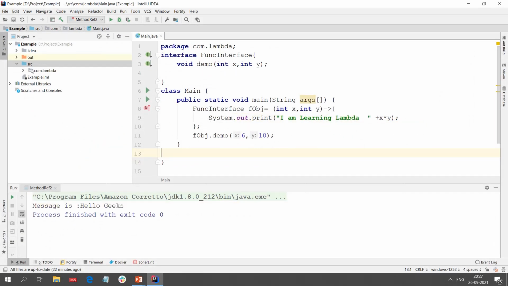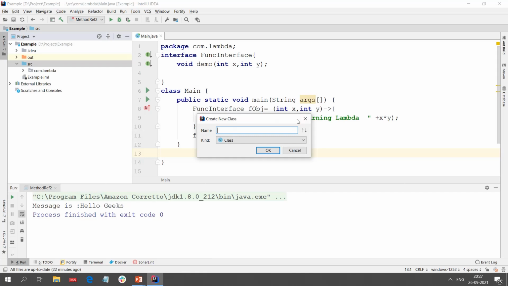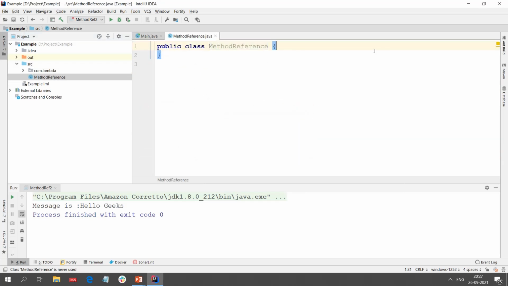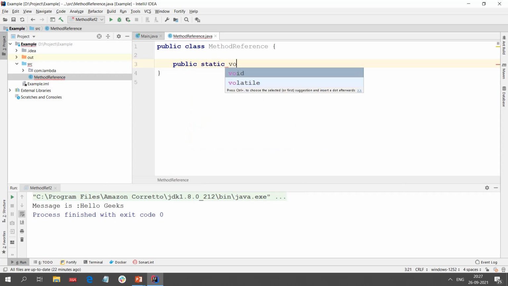Okay, I have a clean slate. Let me create a new Java class and name it MethodReference. Okay, and let me have my sweet public static void main.